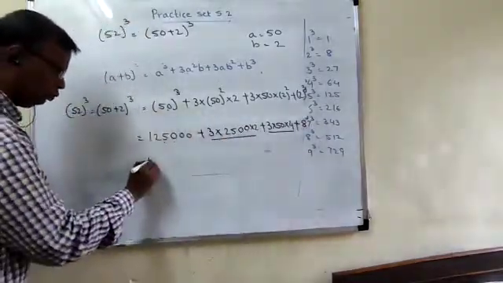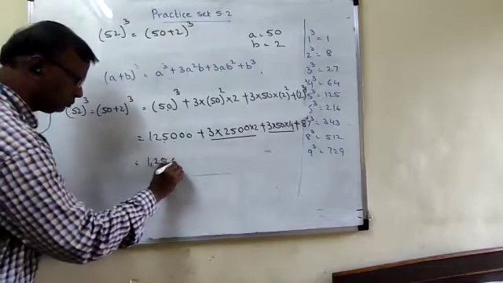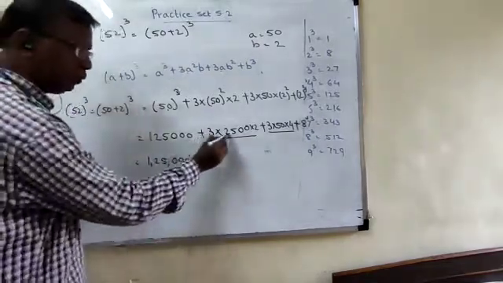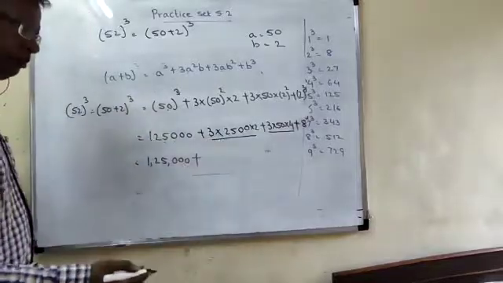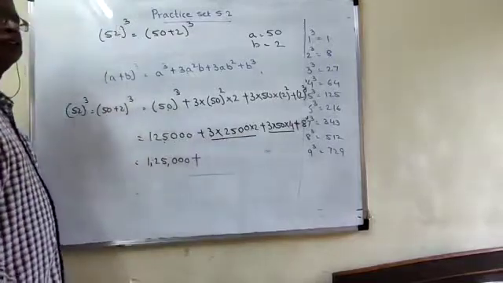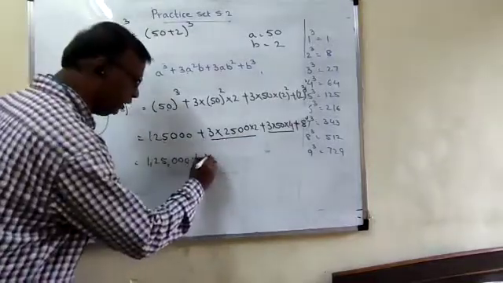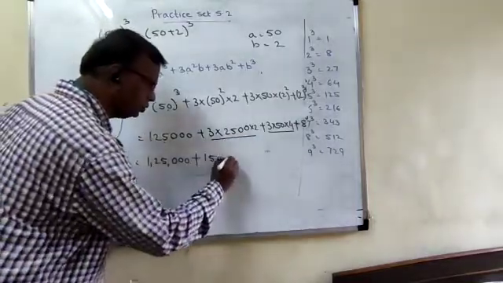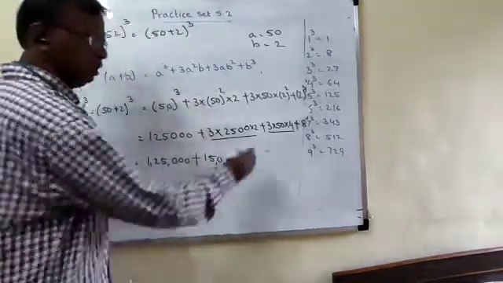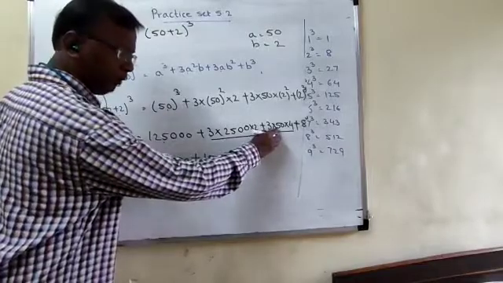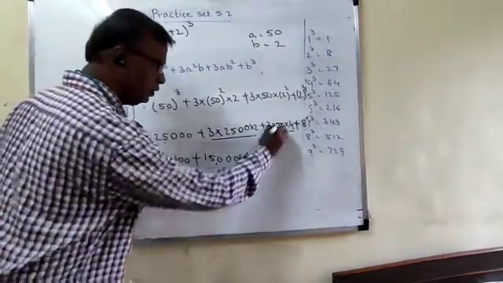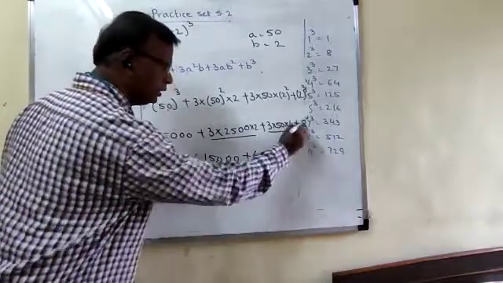So this is 1,25,000 plus multiply 3 into 25, 75. How much? 75. 75 into 2 is what? 150. 150. And these 2 zeros, that is 15,000, plus 3 5s are 15. 15 4s are 60. 60 and 1 0, plus 8.